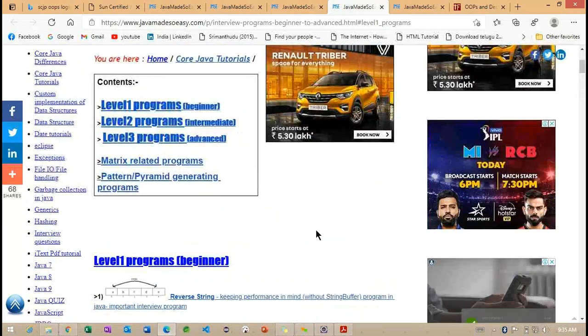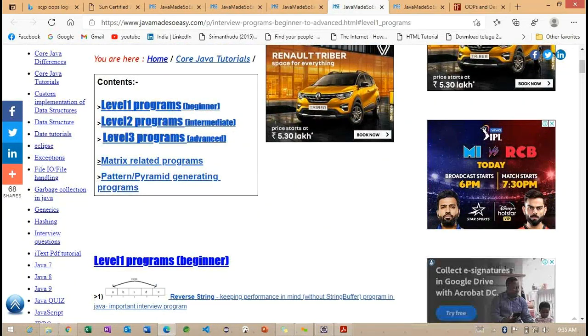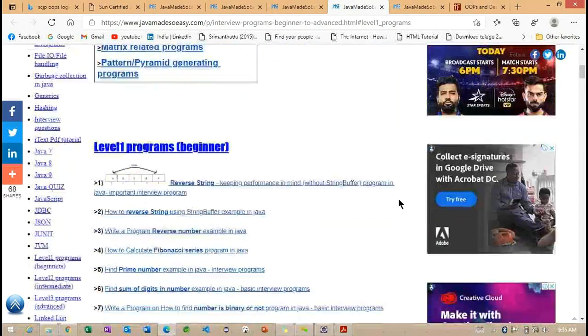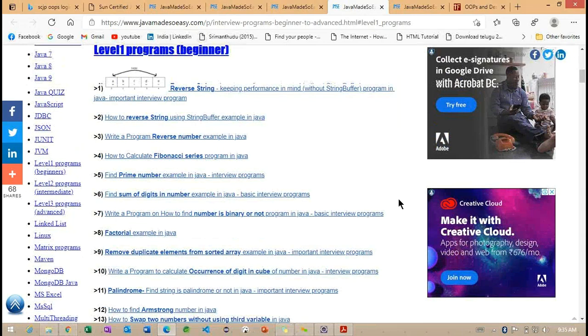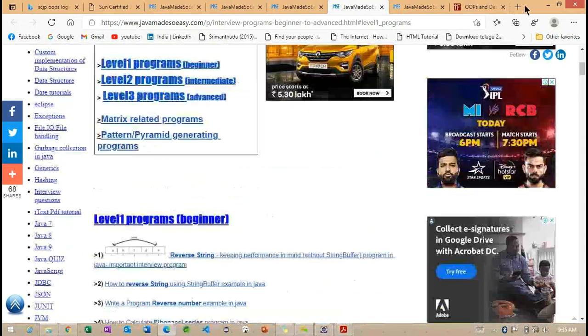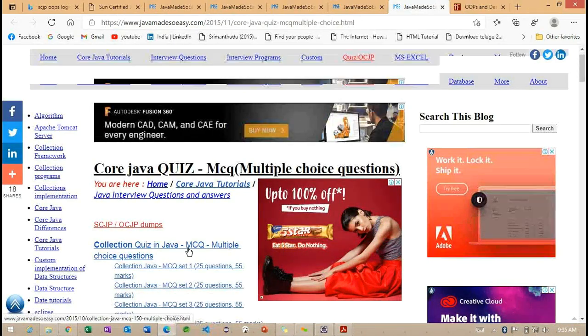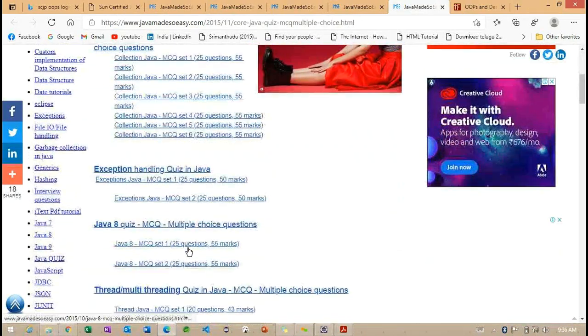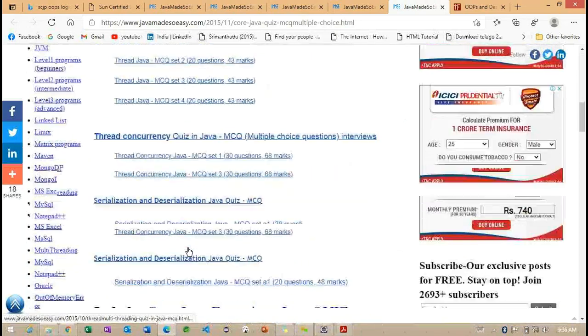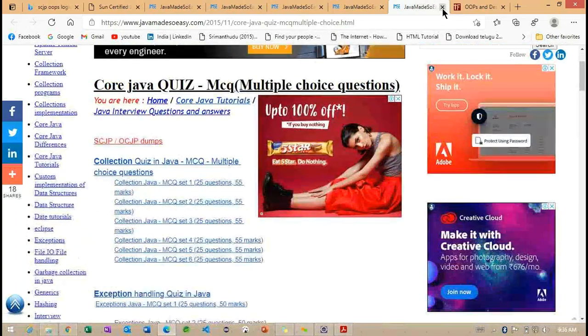Right. Now, what I want to do is check the important section here. Otherwise, we'll try to check the new concept on Monday. So we'll look at the important sections we can find here. Collection we are not discussing, Java 8, thread, concurrency. This we are not going to find.